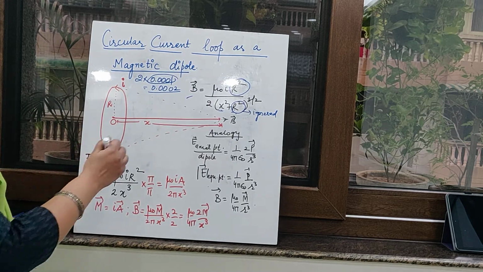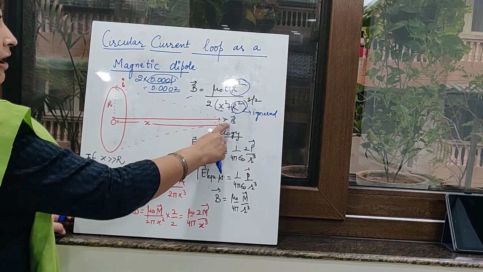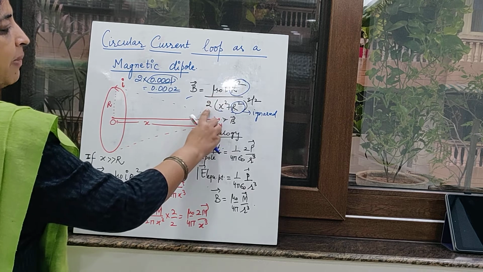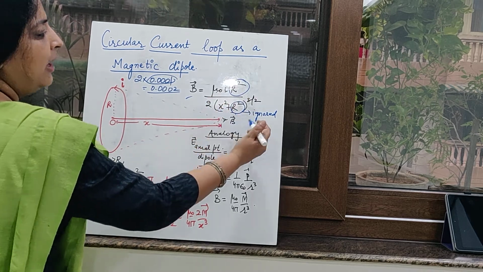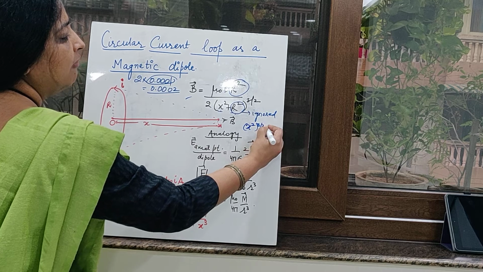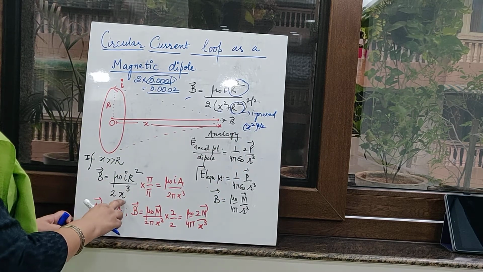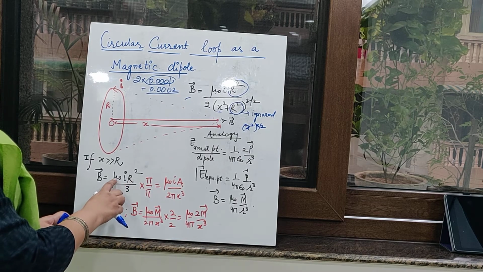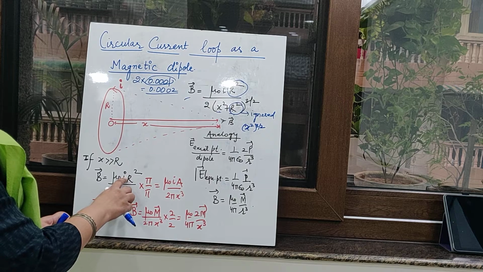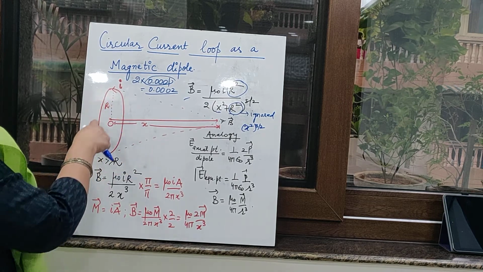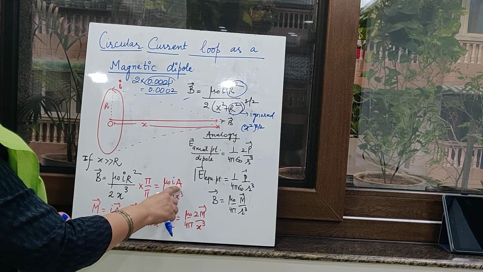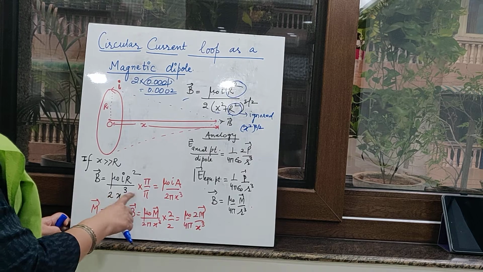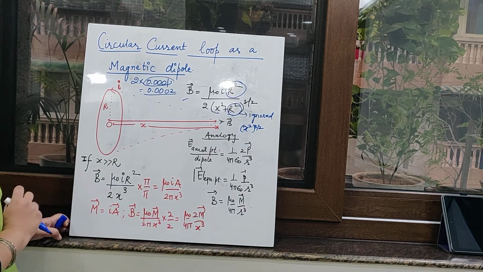Hence, the magnetic field at a very far off point will be given by the expression mu naught I r square divided by 2. You have ignored it. And x square to the power 3 by 2 will make it x cube. So you get upon 2x cube. Now multiplying and dividing by pi will make it mu naught I pi r square, and pi r square will be the area of the coil. So I have written as A, the area of the coil. And here I have written the value pi as it is, so 2 pi x cube.